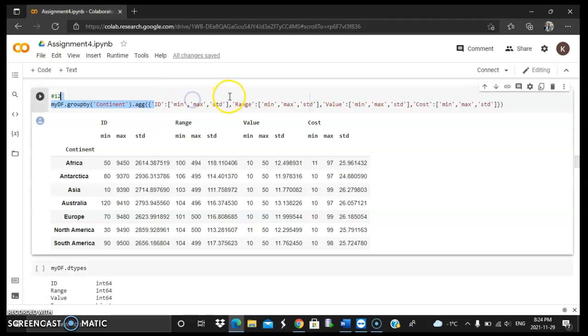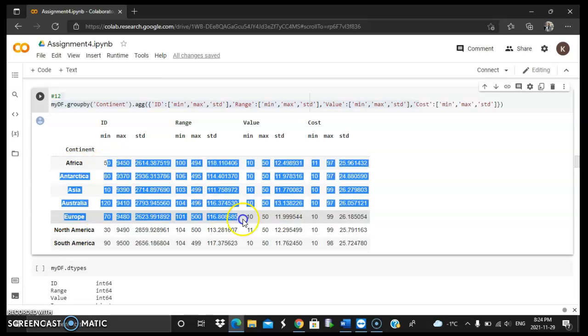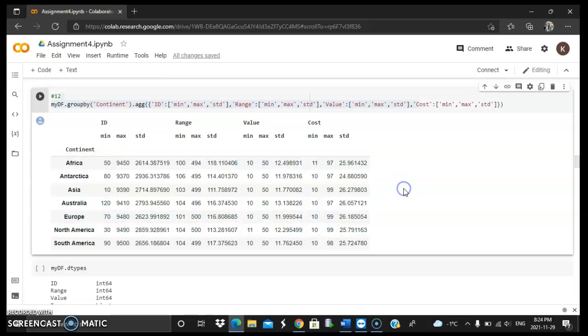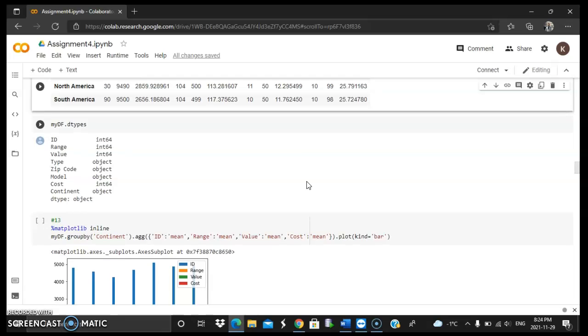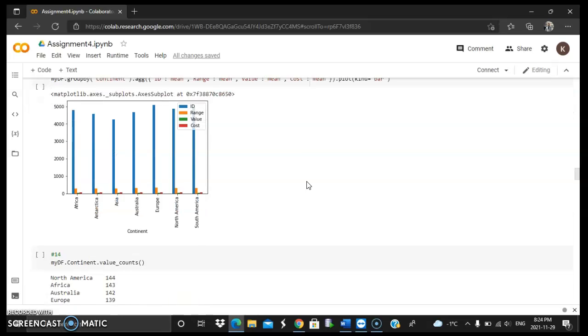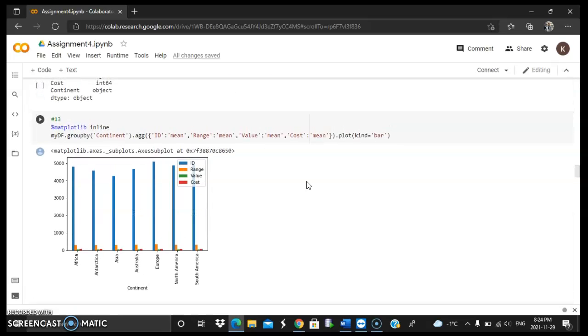So for ID, for range, for value, and for cost, and all of that is again divided by the name of the continent, which is given here, and here are all the values. You can clearly see that Python is a language made in such a way that all this work is done in minutes, rather seconds. So it's very easy, convenient, and for a person like me who really doesn't like maths, this is the thing.